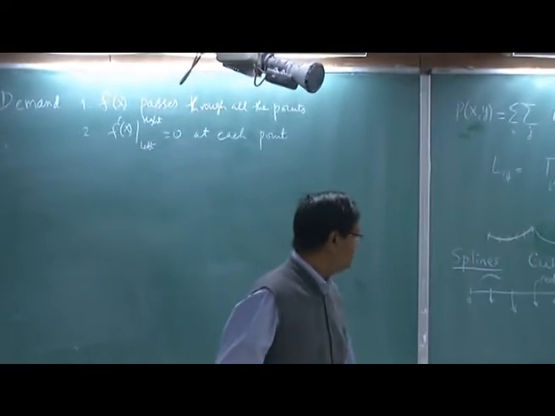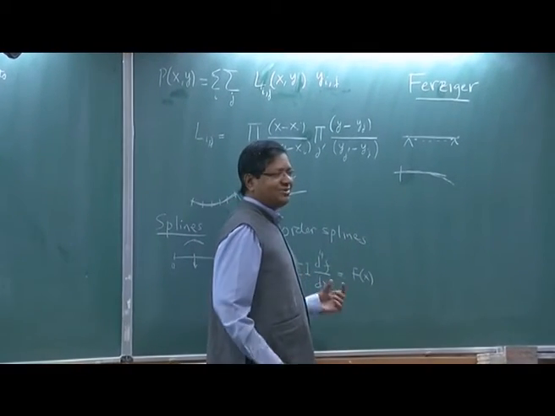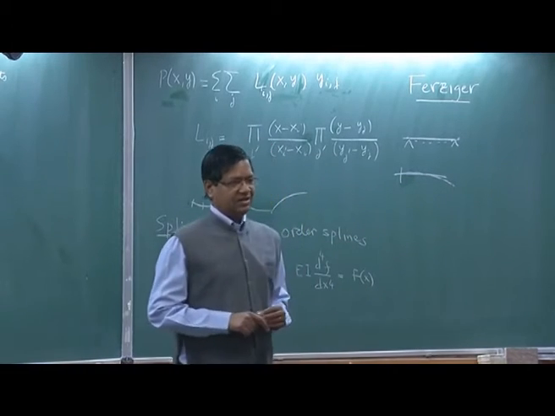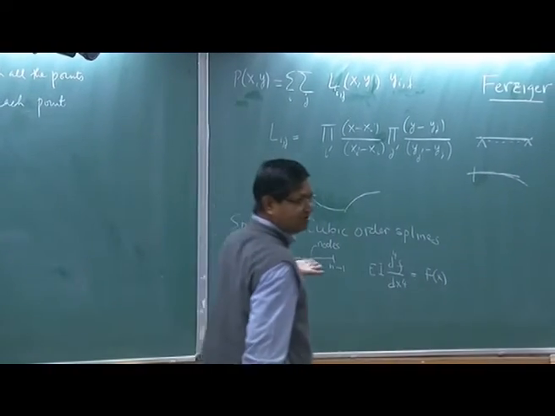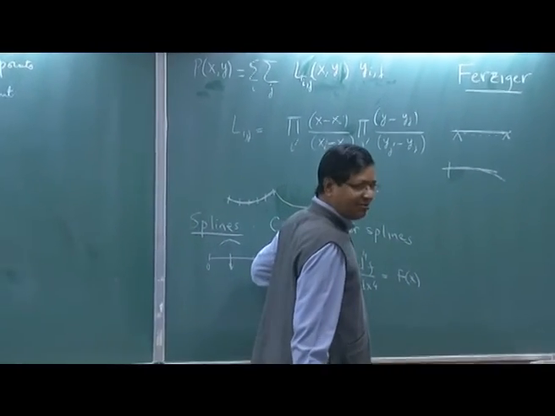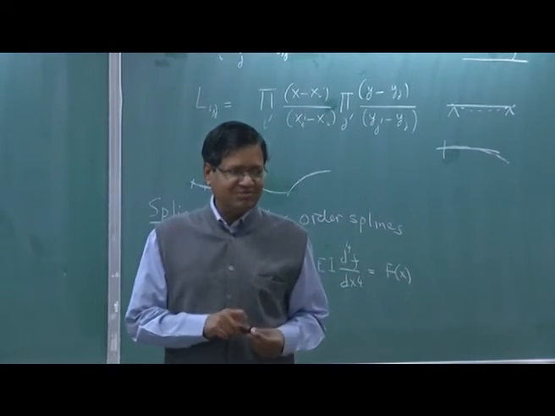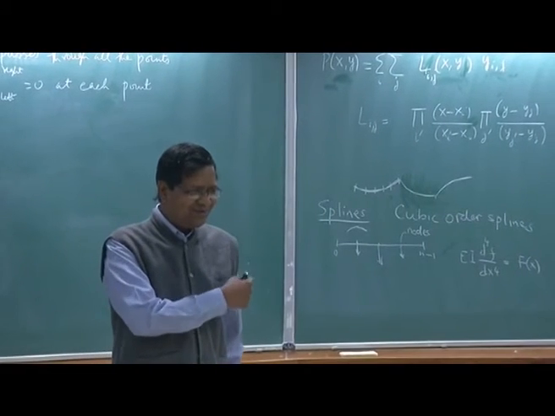One more thing. E is the elasticity coefficient and I is the moment of inertia of the beam. We don't need to worry about it. This is the equation I will use. I am not going to specify this. It will become clear in a minute. I am borrowing the idea, but I am not really using the beam.